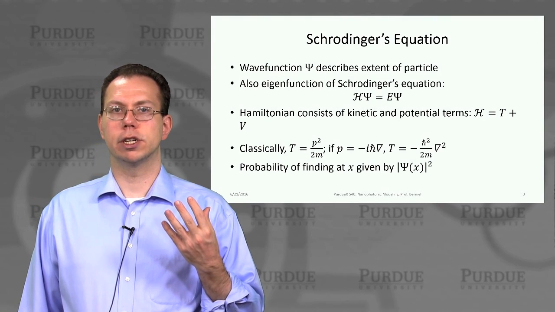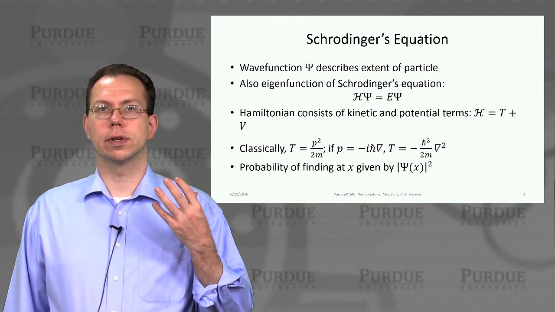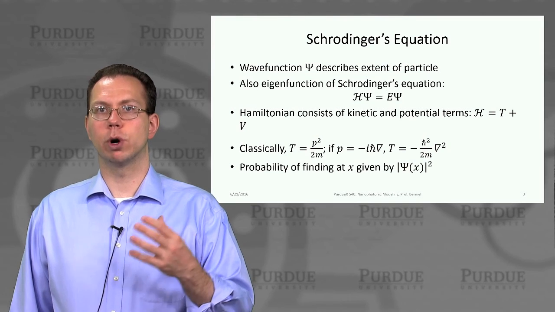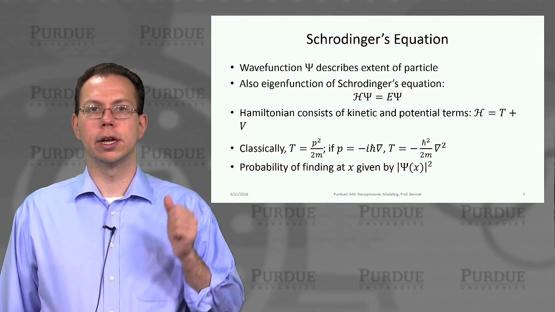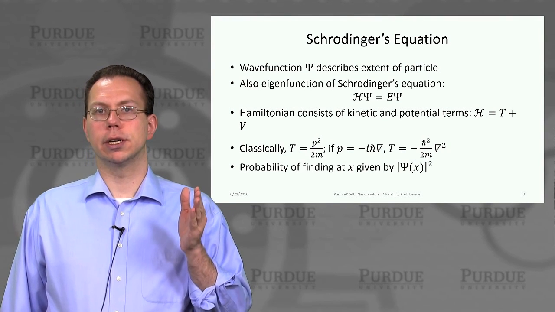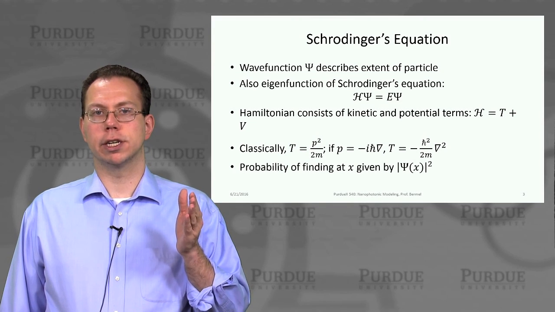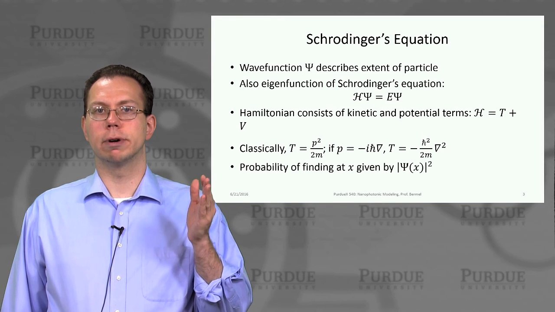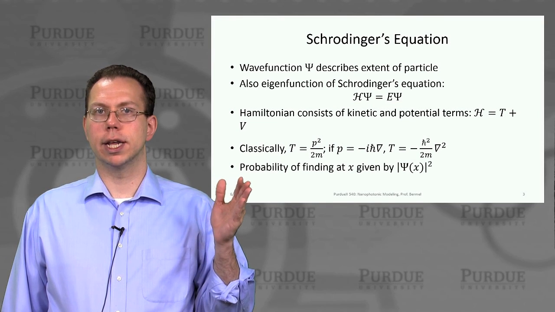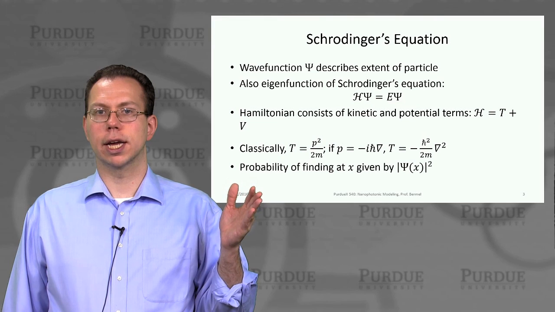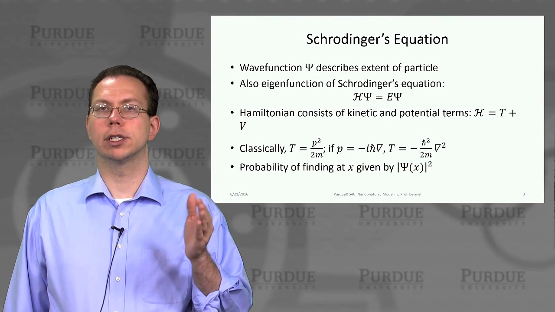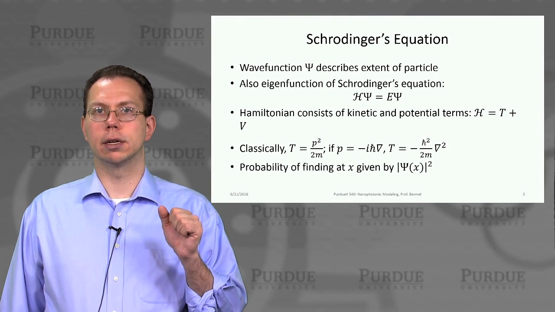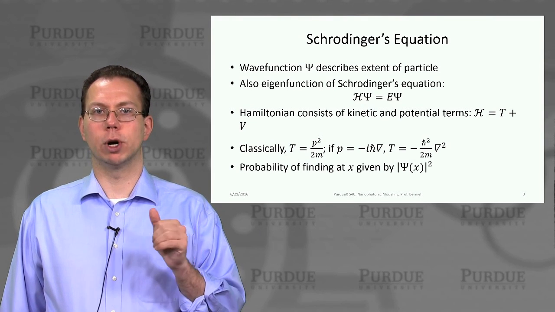So now we're going to talk first about Schrodinger's equation, which will help us understand the basic premise of the band structure problem before we go into photonic band structures. Basically, Schrodinger's equation describes the wave function psi to tell you the extent of the particle. The probability of finding a particle at any given location goes like psi squared. So of course it has to be normalized. Integrating over all space would give you a probability of 1. So it has to be somewhere.